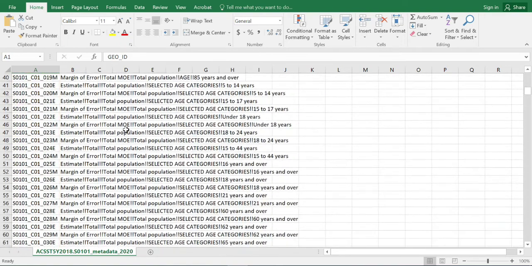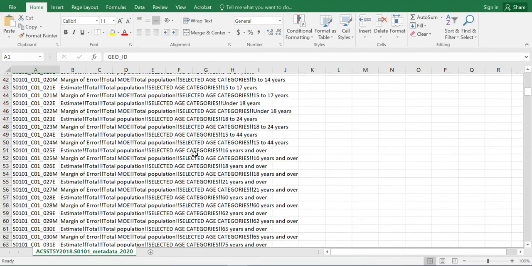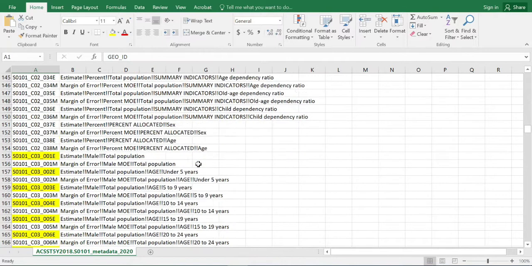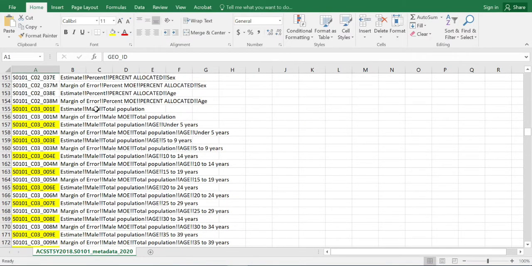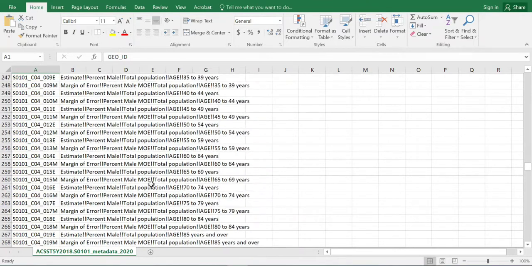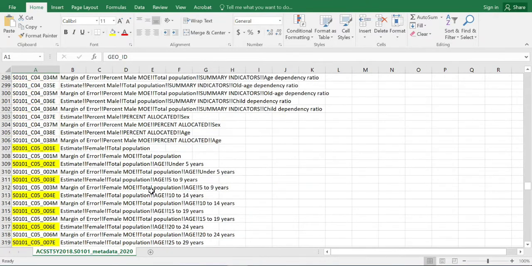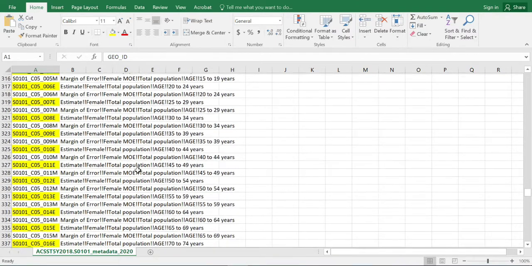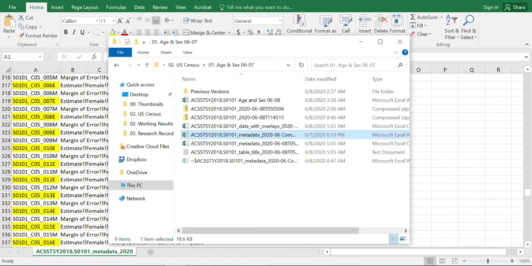And then once we go further, they had subcategories, but we did not want them. Then once we go even further, we get to the point where they will have data that are specific to males. So total male population, males under 5, 5 to 9 in all categories. And if you go even further, you will see the female data for the same counties. So I highlighted the data that we wanted, and then I opened up